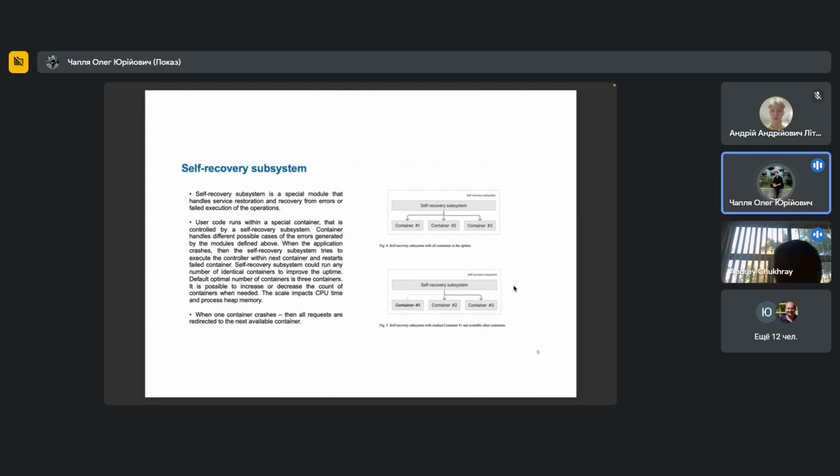So it means that we selectively disable one thing to keep the system in uptime.